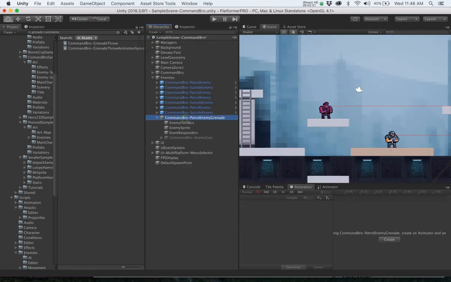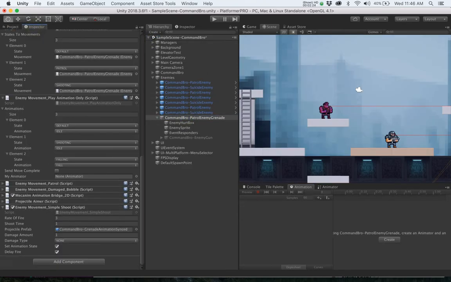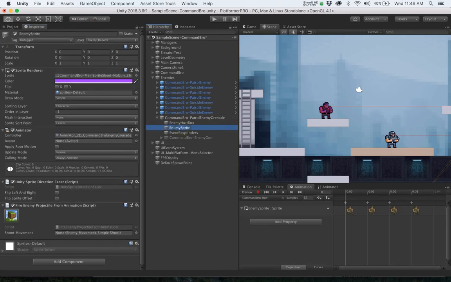Finally, if your movement is not on the same game object as the sprite, then the animation event won't be able to make it to the movement. To address that, we've added another component called fire enemy projectile from animation, which basically just listens for the animation event and sends it to the shoot movement. You can either drag the shoot movement in, or if you don't specify one, it tries to find one in the parent. So with those 4 settings in place,